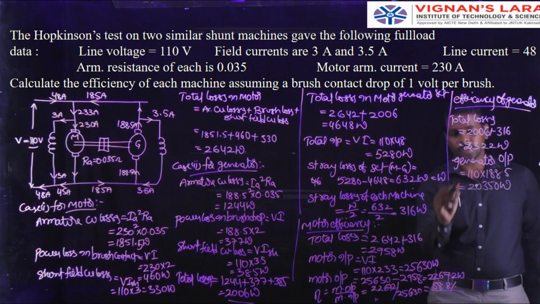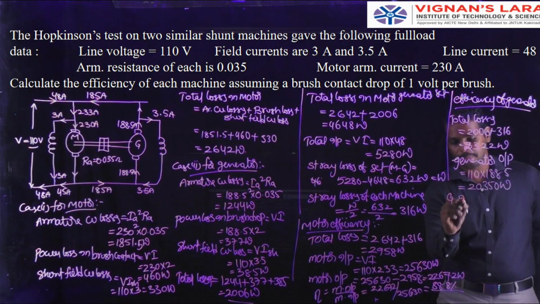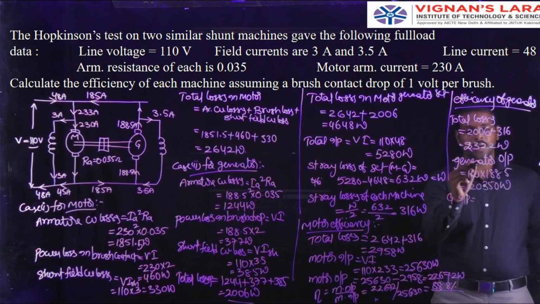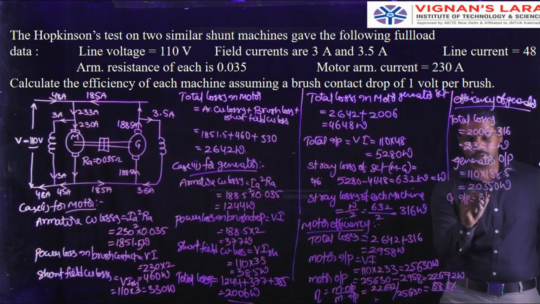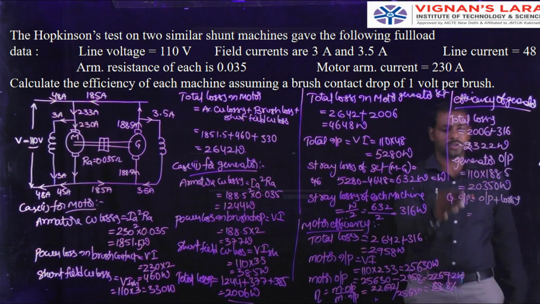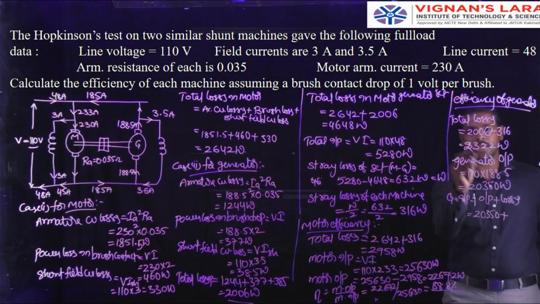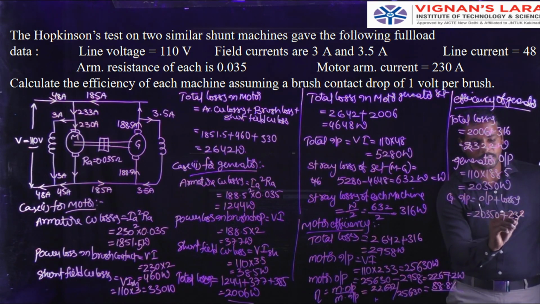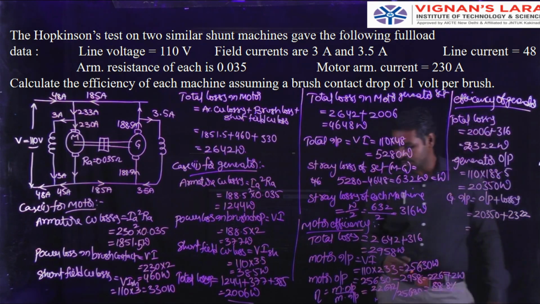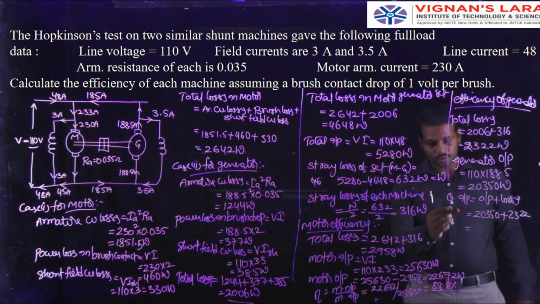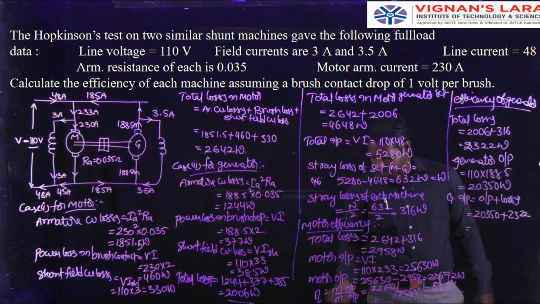So generator input is equal to output plus losses, 20,350 plus 2322, so motor output is equal to generator input,